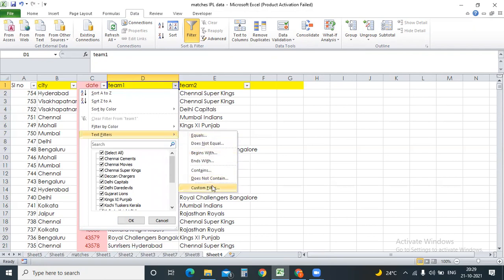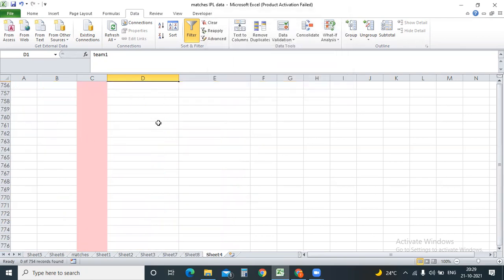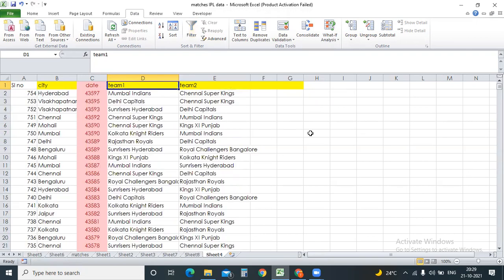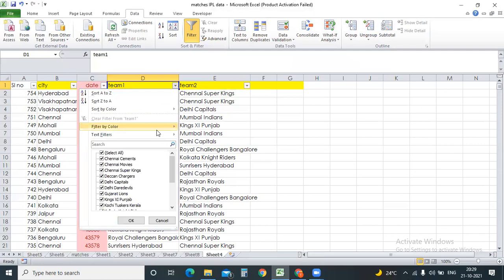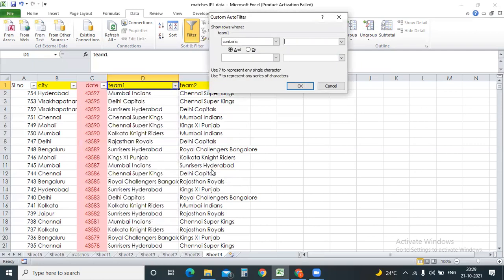Punjab Super Kings, Kings of Punjab, Chennai Super Kings. Actually, Kings XI Punjab, right? So you need the entire Kings, whatever is equal to Kings. Ideally, what should be the output? Punjab XI Kings and Chennai Super Kings should come into the picture. Just click it. Why is it not coming? One second, it should come. I think I'm not using the right one. Contains. Okay.